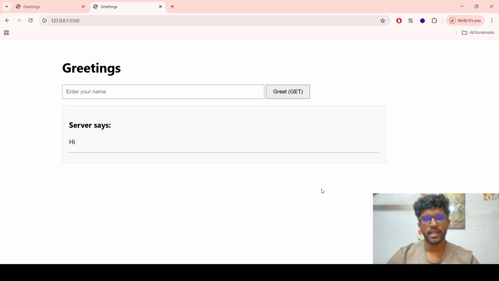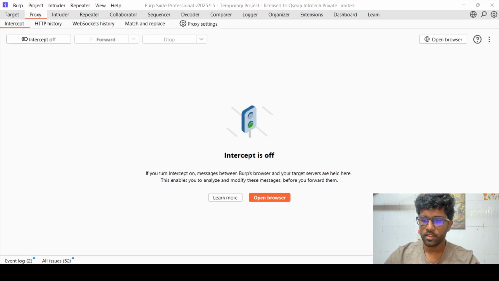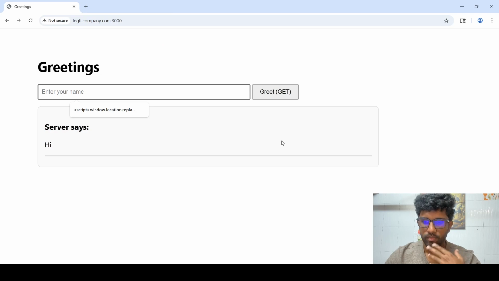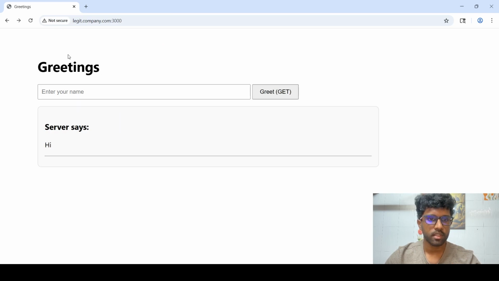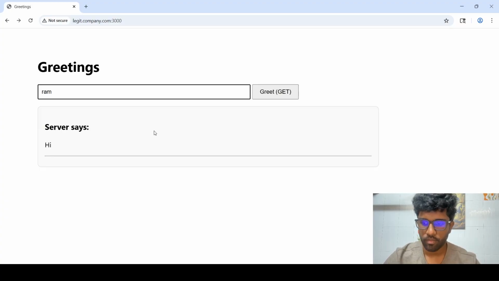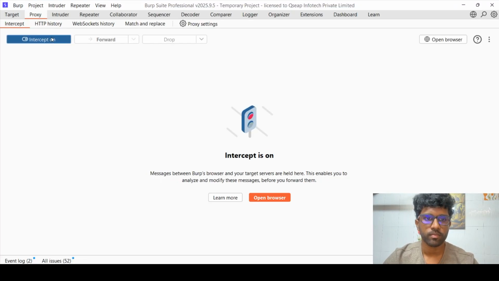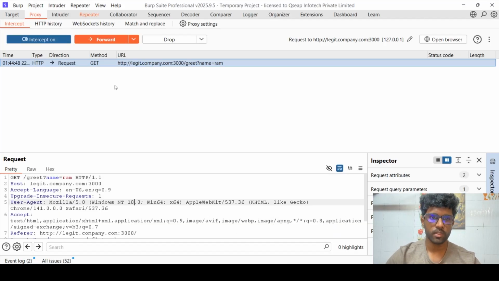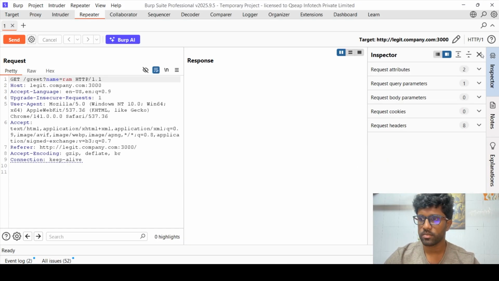Now, how do you go about finding if XSS is present in your application or not? I'll be showing that to you now. I have here Burp Suite Pro with me, and this is Burp Suite's browser. I have legitcompany.com opened here. Let me just capture this request. So this is legitcompany.com's